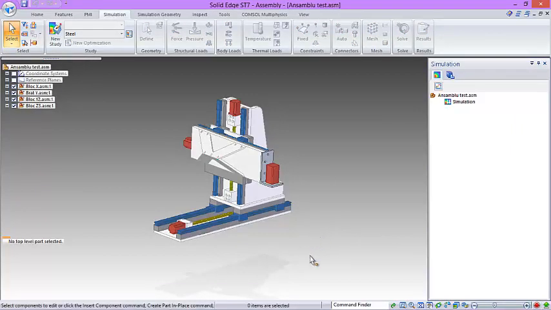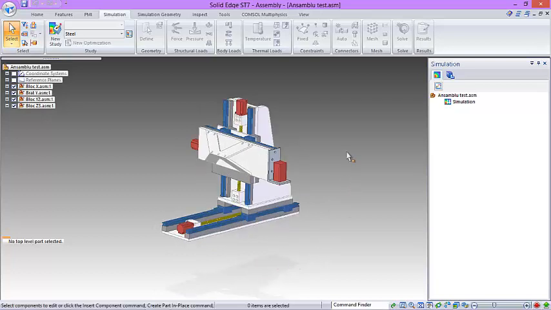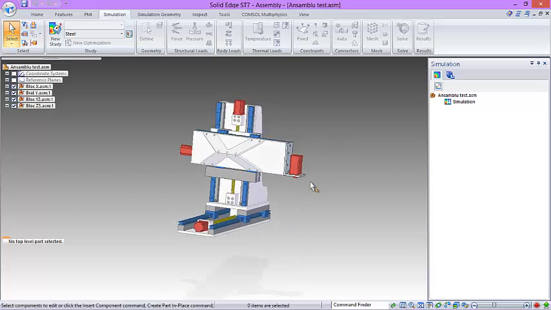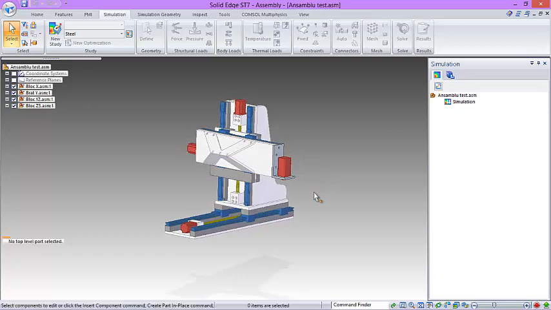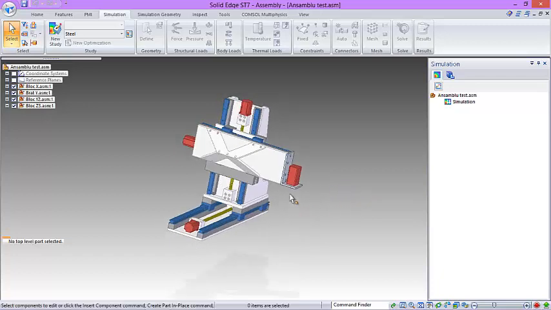Okay, so to understand what we've done so far, we've simulated the maximum power transfer of the rails between the components, and we've done this by starting off with the highest force on the fixed element to the lowest force on the last moving element. We can safely say that this machine can withstand a 2000 Newton force on the top of the spindle, and we can say this in such few simulations